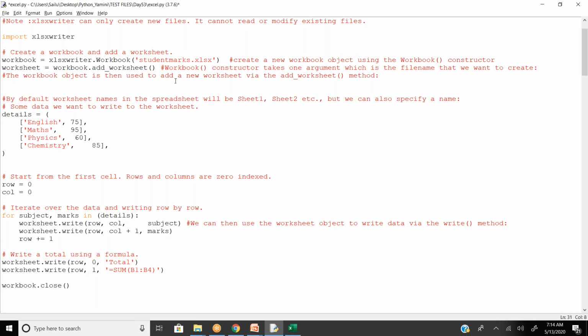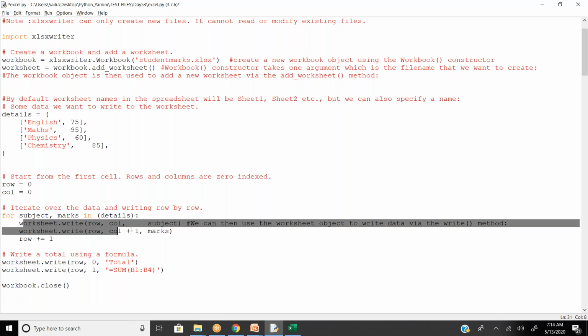And if you have three things, like English 75 pass, maths 30 fail, so three different values in a list, take A comma B comma C. The system will split that list: the first value goes to A, the second to B, and the third to C. According to that, you can update the values in your worksheets.